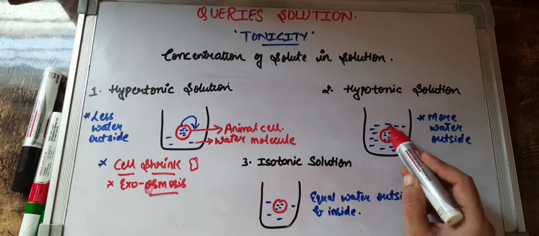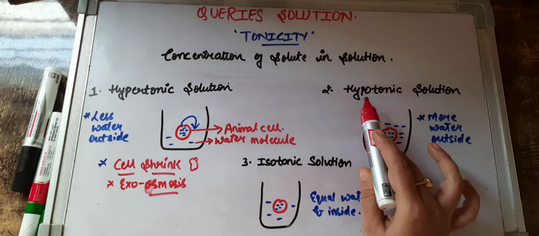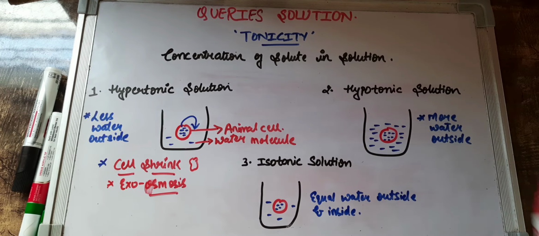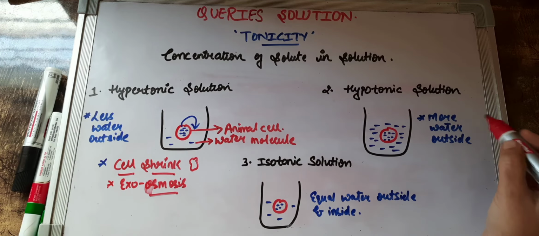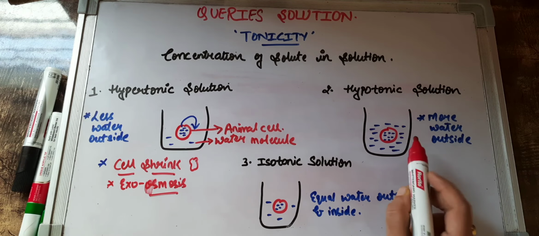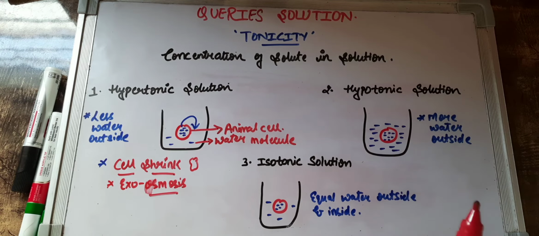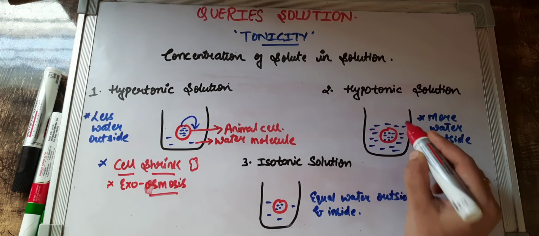Now I am keeping a cell, an animal cell, again in a solution, but what type of solution is it? It is a hypotonic solution over here. What is the speciality of a hypotonic solution? That it will have more water content. So I have placed a cell which already has some water inside and there is also water content outside. But in which part, inside or outside, can you see more water presence? So I think of course everyone can answer. The water is more on the outer side.